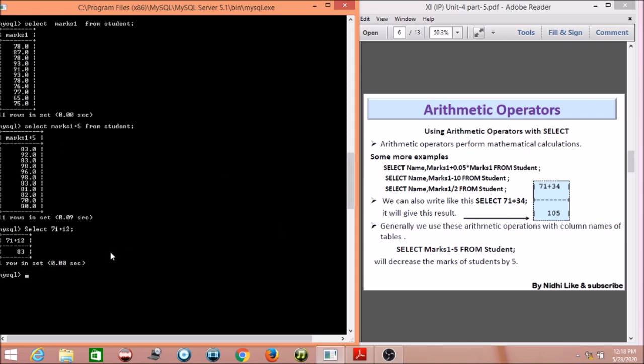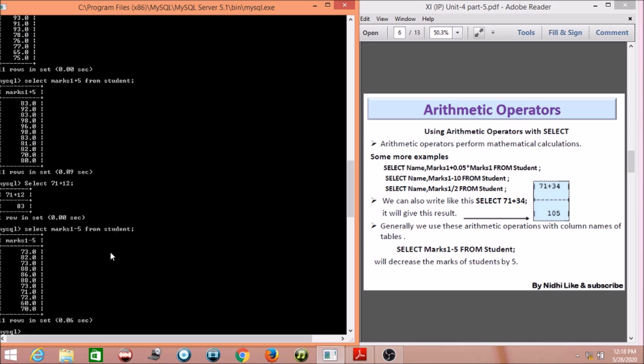We can perform addition, subtraction, same thing I am applying, deducting the marks. Okay, check one thing, it is not changing the marks in the particular table, it is just changing the values in display. Now I am performing the select query, select star from student.